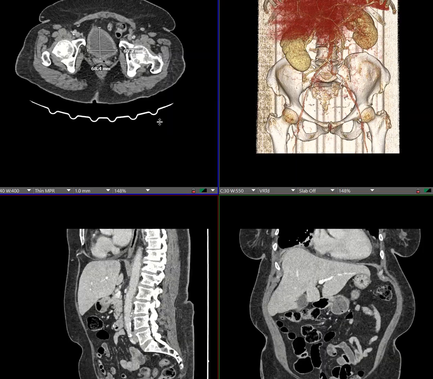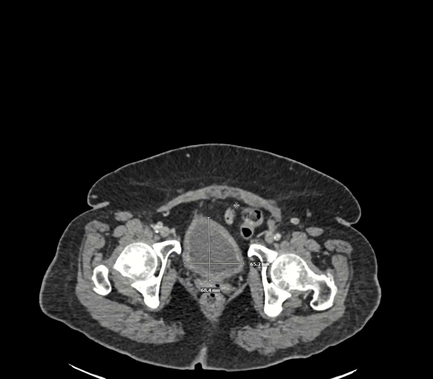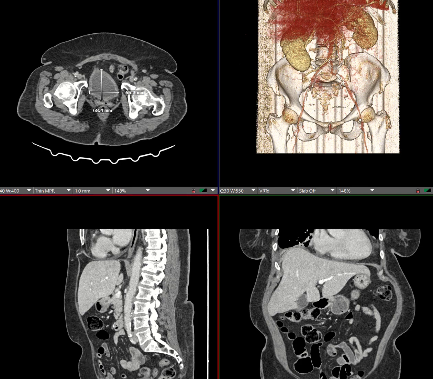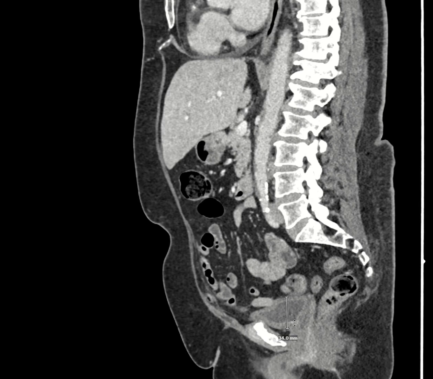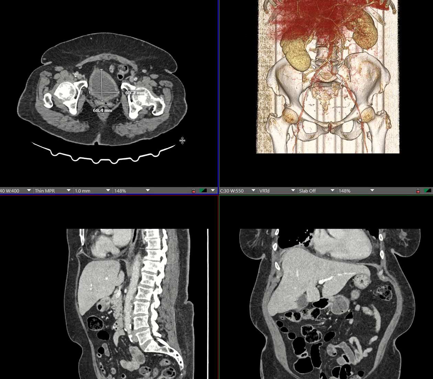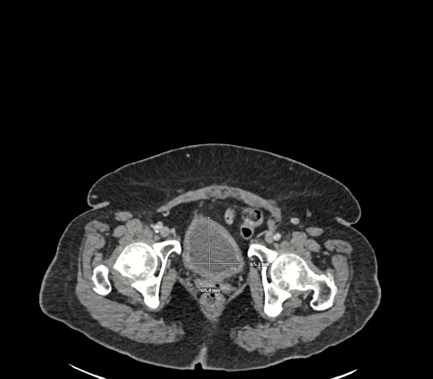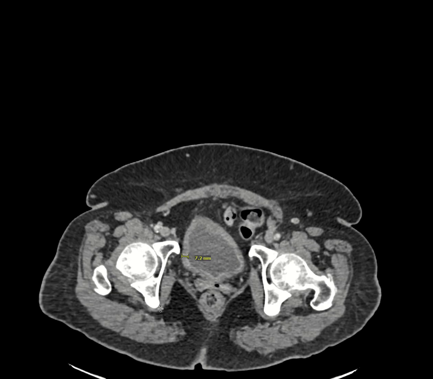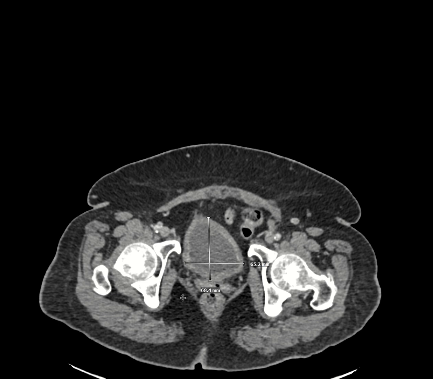And so how do you measure the volume? Well, you measure it basically length times width times height. So in this case, it's 6.8 times 6.5. And then if we look at the height here, the height is around 3.4 centimeters. And so the actual total volume for this particular bladder is going to be 78 milliliters when you use that formula. And so the question then becomes, is this 7 millimeters normal in a patient with a 78 milliliter bladder